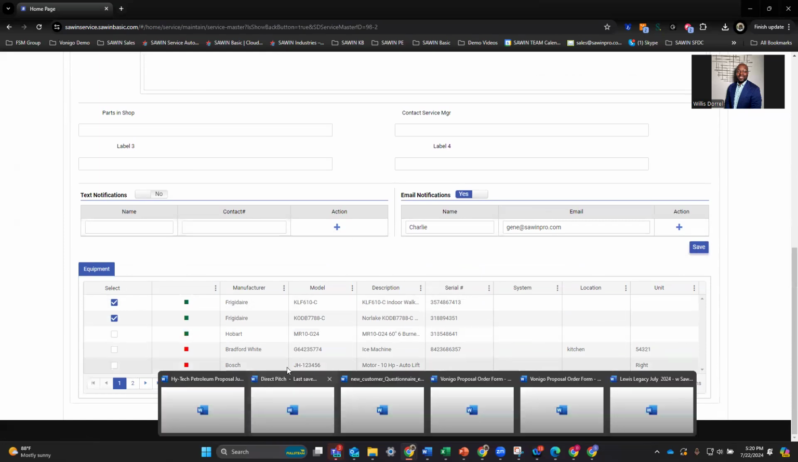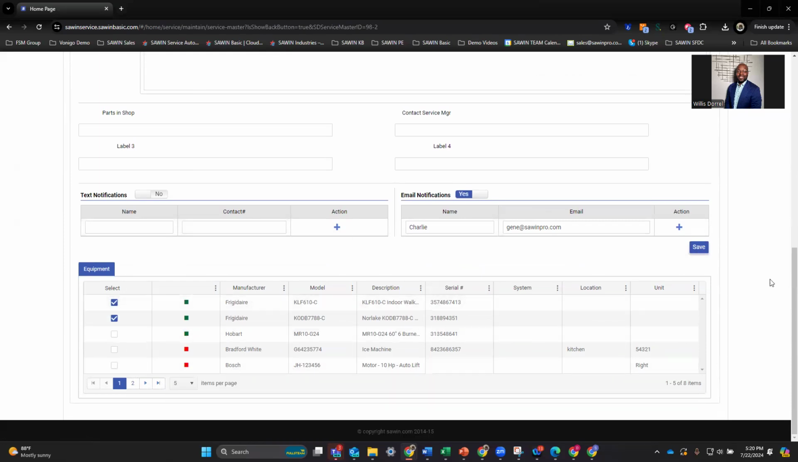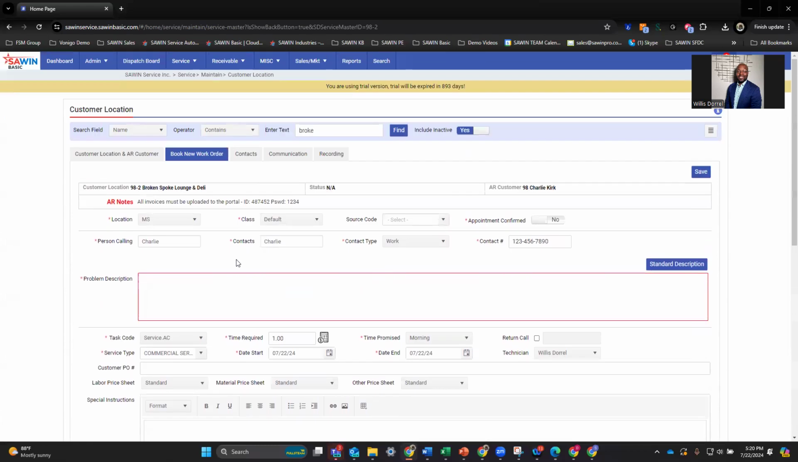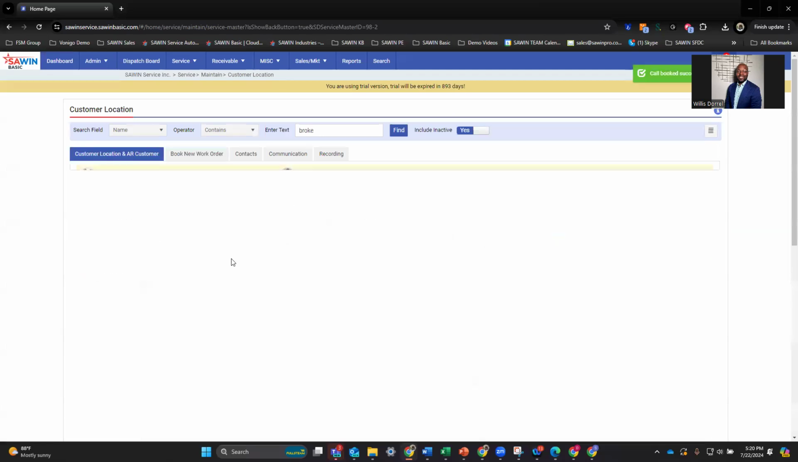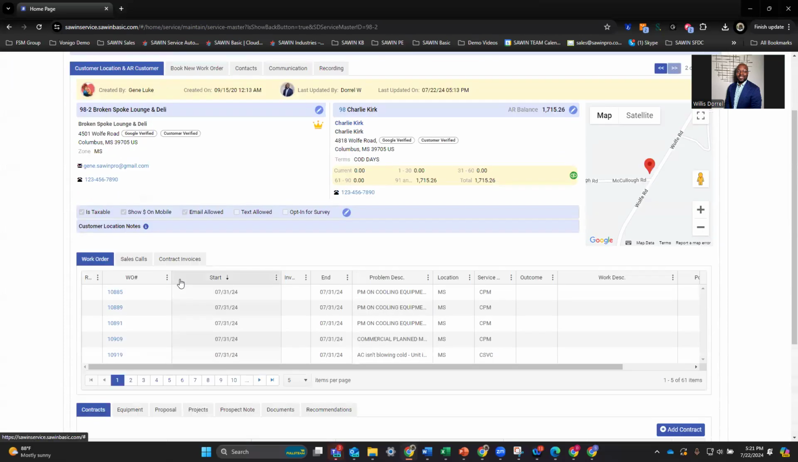If we don't have the equipment there, we can automatically add that in there. But what you have to do is first save it. And then once you save it, it'll give you the option. Once you save it, you'll get the option to add parts as well as anything additional that you all need to add to that. So we have our